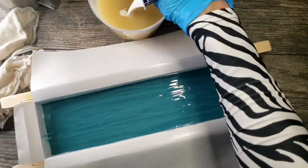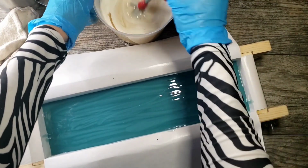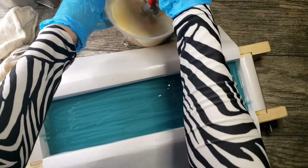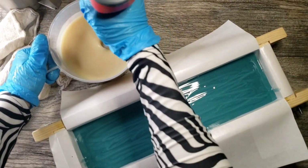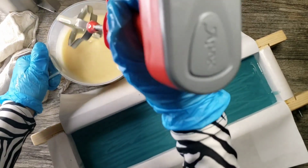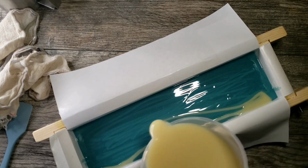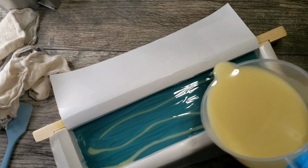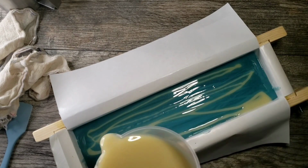And you can kind of see on the top there, you can see the back and forth lines even in that similar colored batter. Now I'm ready for the white layer, and my soap had set up enough I didn't even need my mechanical hand blender. I could just use this one and it was ready to go. I slowed this down so you could see in real time. I do make fairly quick passes, just going back and forth,